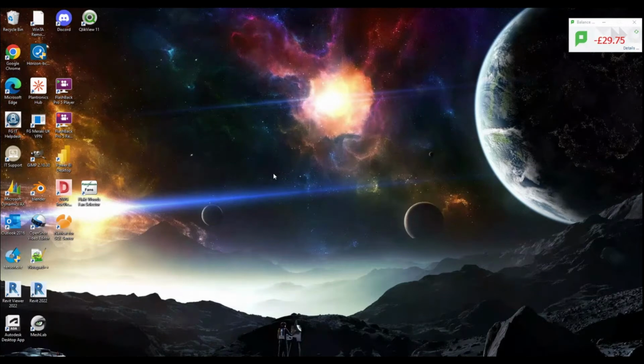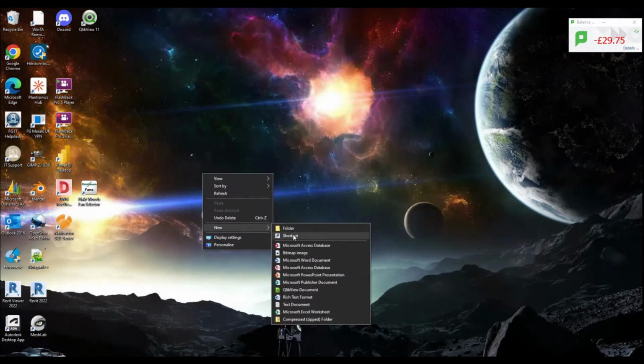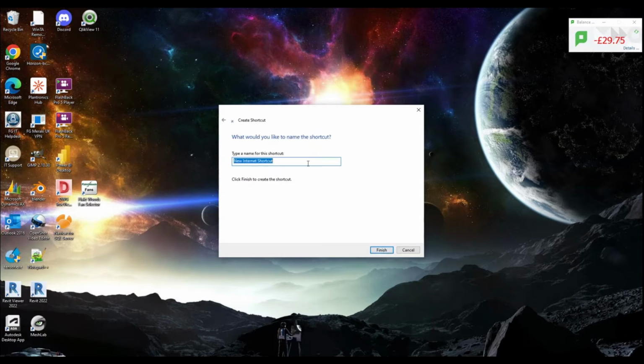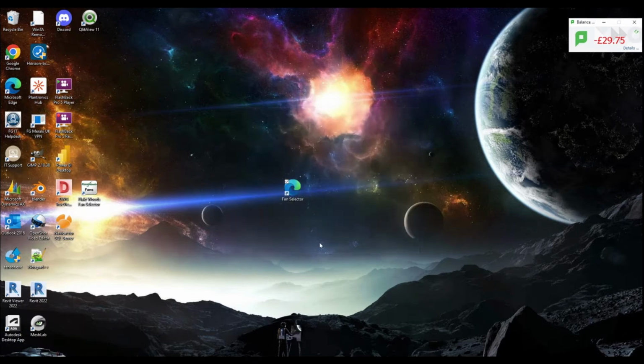the best way of doing it, is if on your desktop you right click and go new and go shortcut, what you can do is create a shortcut link to the website. So this is the fanselector.flatgroup.com website. I can go next, I can give it a name, Selector, press finish, and then basically I get a